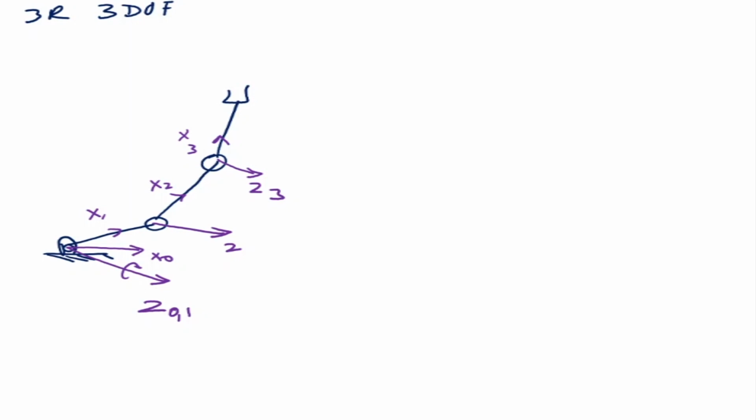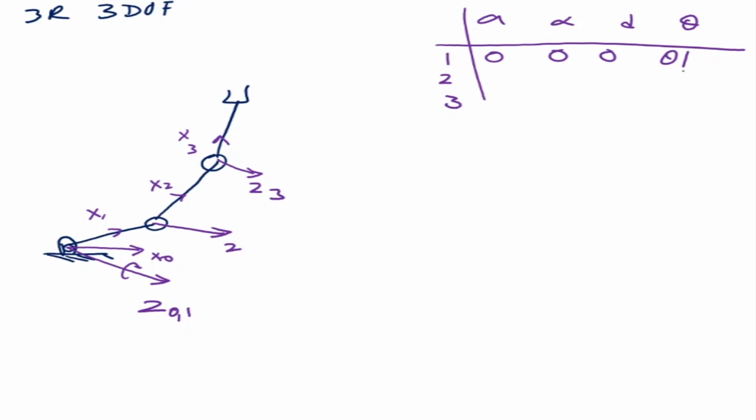Then we make our DH parameter table, which I had done in the previous lecture, and my DH table will be a, alpha, d, and theta, which will come out like this. These are my joints 1, 2, and 3, and this is 0, 0, theta 1. This is L1, so this is my link length L1. This is my link length L2, 0, 0, theta 2, and this is L3, 0, 0, theta 3.